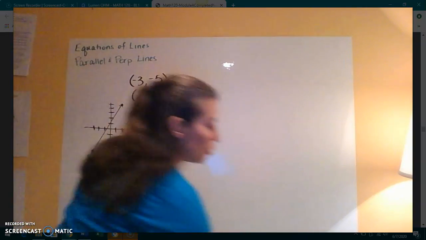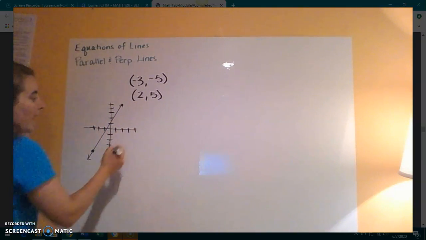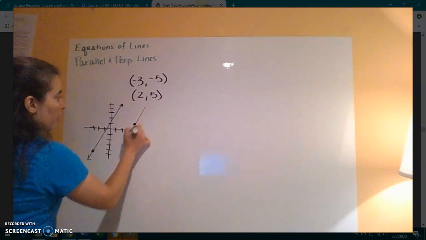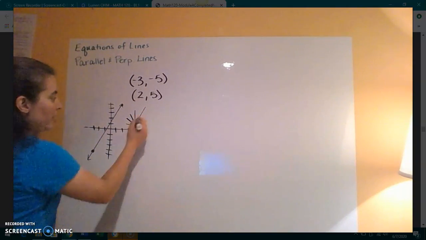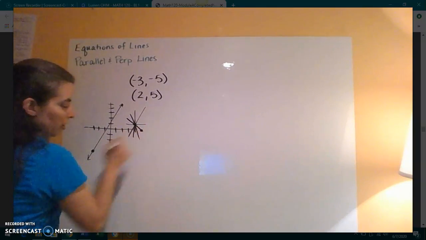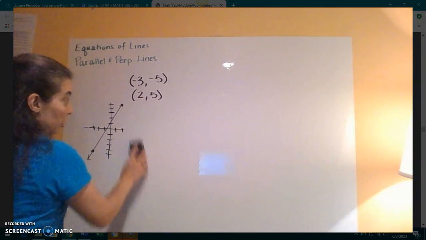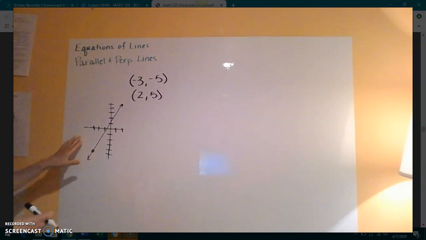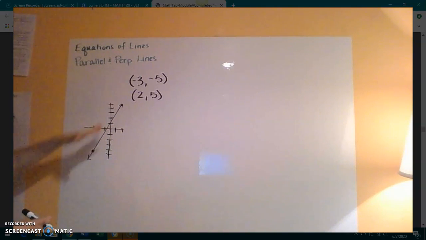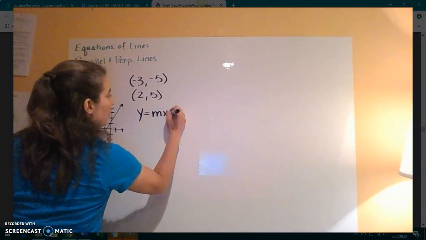Now, once I have 2 points, there's only one line that can go through there. If I had just 1 point and I said, here's 1 point, well, there are an infinite number of lines that could be drawn through that 1 point. But once I have another point, now there's only one line that goes through those 2. So if we have 2 points, there's only one linear equation, one straight line that can go through those 2 points. So I'm being asked to find the equation, the y equals mx plus b, that describes